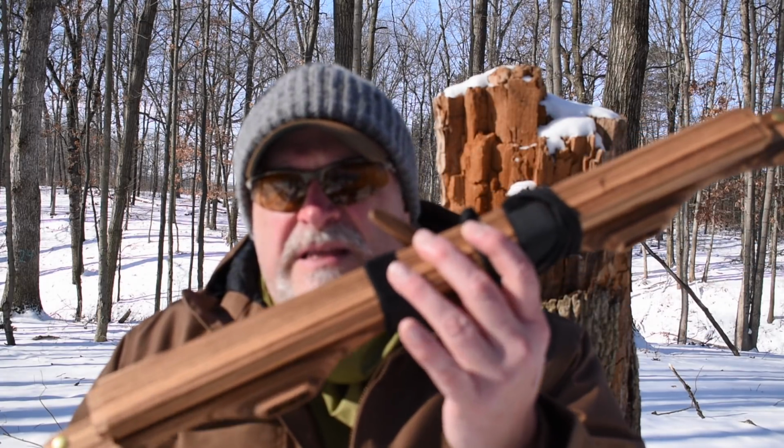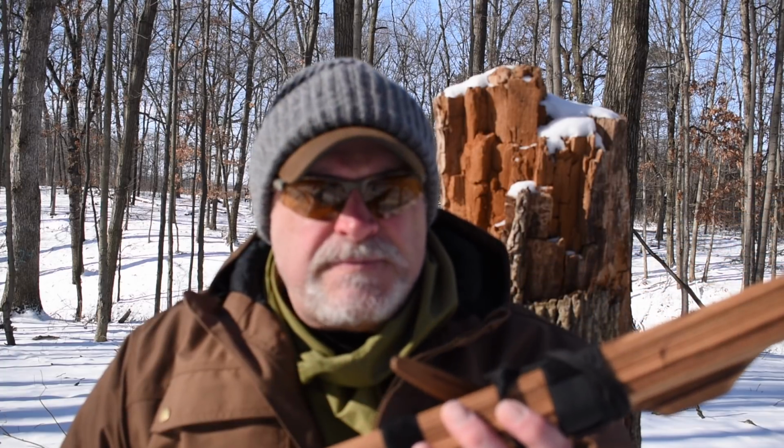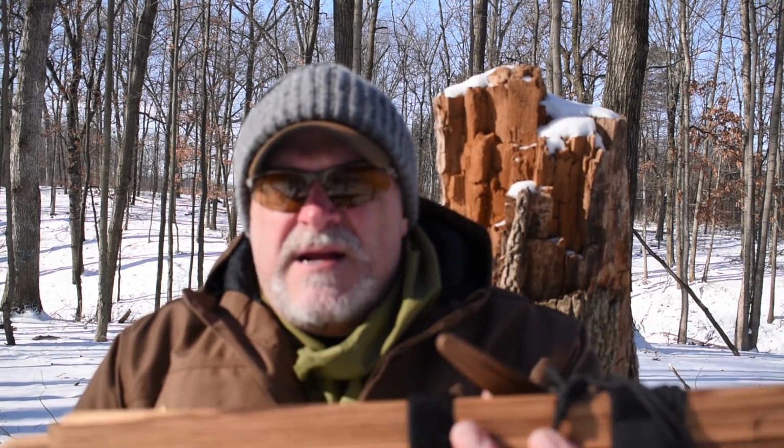But it was sent to me by Bob Spurlock, who has a YouTube channel out there called Hellhound Outdoors, and this is his personal bow saw that he sent me to test out. So I want to thank him for doing that. That's a pretty big leap of faith, to sending someone you don't know a prized possession like this and saying, here, take your time with it, use it, enjoy it, try it out, and then send it back when you're done. So I really appreciate him taking the time to mail this to me and allowing me to try it out,